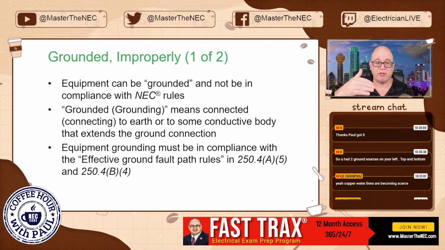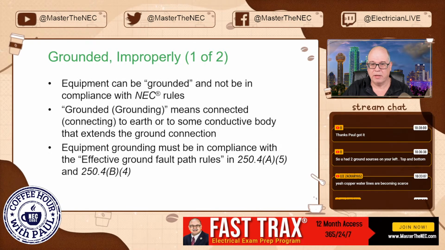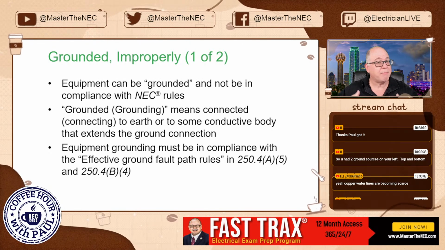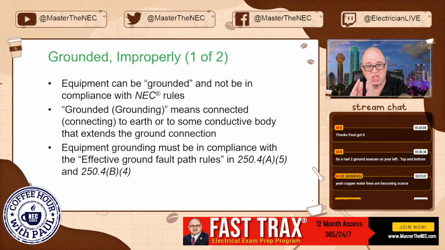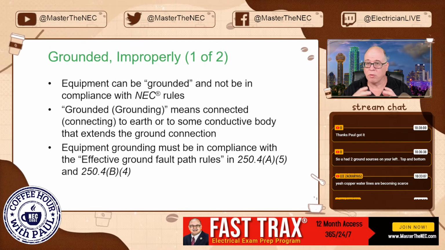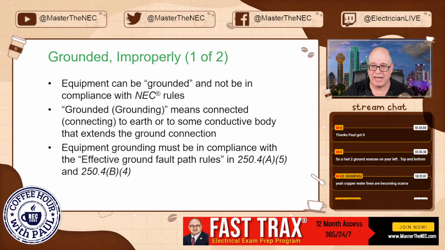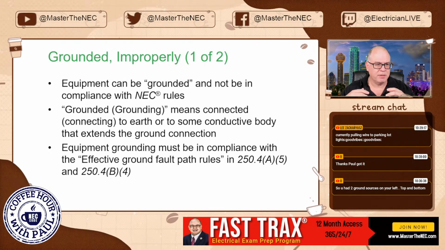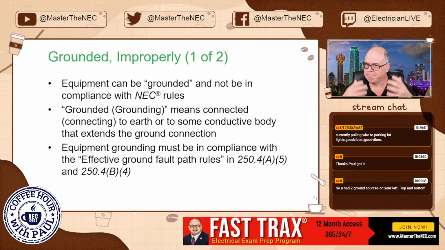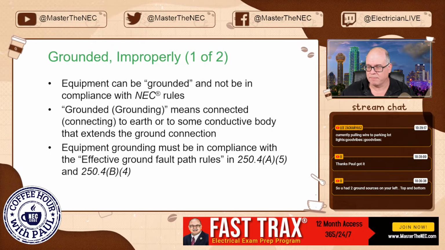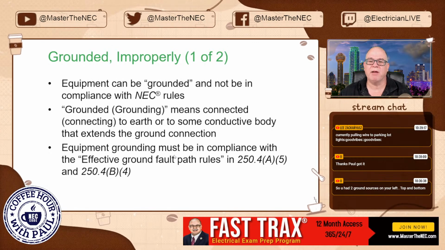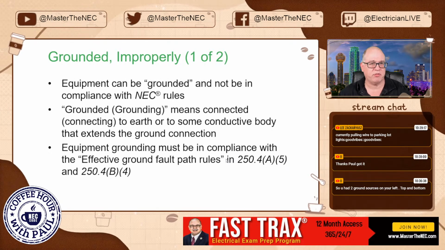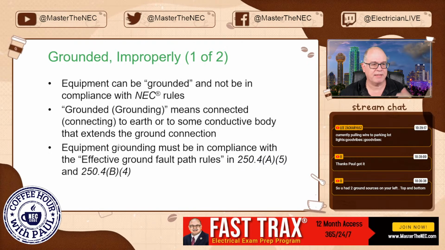So an equipment grounding conductor is extending that connection, okay? The metal framing of a building that is connected to the electrodes, or might be the electrode, and we're not talking about the thin sheet metal used for studs. We're talking about the structural framing of a building, big I-beams, whether they're in the earth 10 feet, those types of things. So again, that's what we're talking about as an extension. Equipment grounding must be in compliance with the effective ground fault current path rules. That means you have to establish that equipment grounding conductor, right?